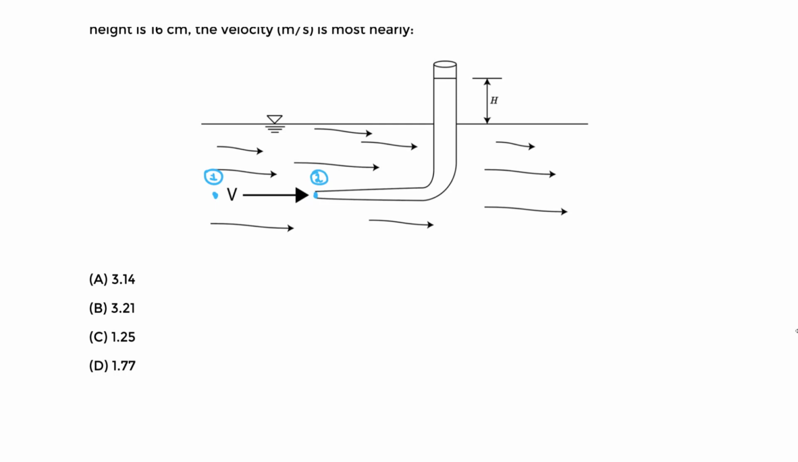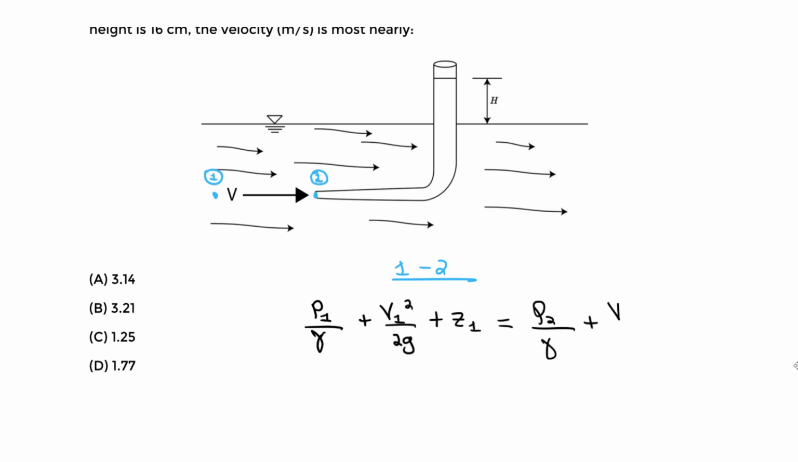So in the Bernoulli equation, we have to denote that. So we know we're taking the Bernoulli from 1 to 2. So we apply the Bernoulli equation from 1 to 2. So what we do here is the pressure at 1 over gamma, here just gamma for water, plus the velocity 1 squared divided by 2g, plus z1 equals the pressure 2 over gamma plus v2 squared divided by 2g